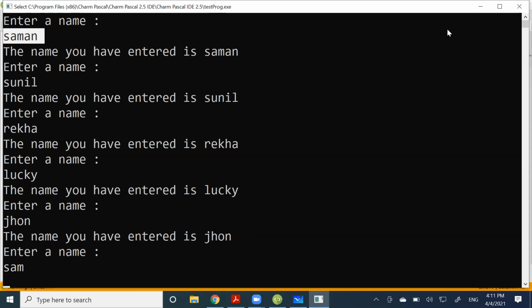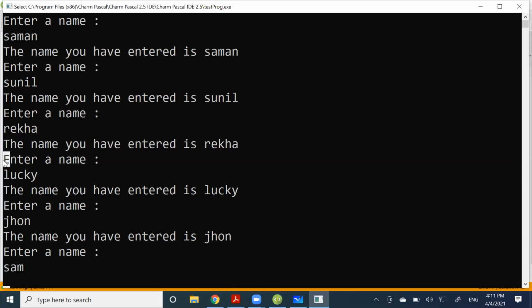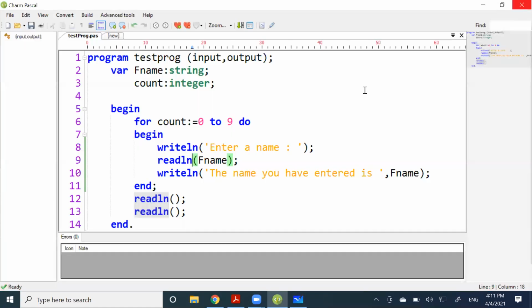So it works. Saran, about your question, how to leave space between two sentences? Are you talking about, the name you have entered is Rekha, then leave a line, and then you need to enter a name? Is that what you want? Okay. So we can modify this with another writeln, right? And if you put writeln for the last line, it would be much like